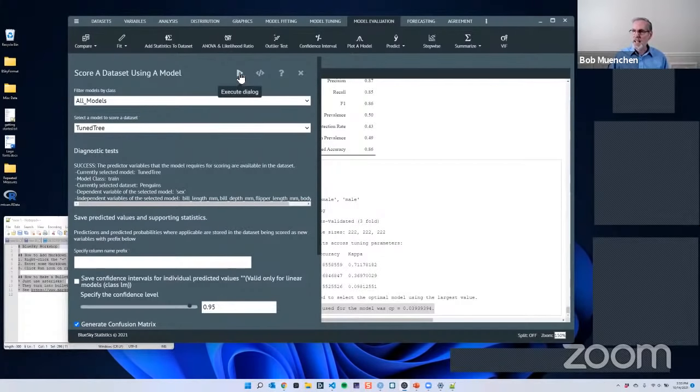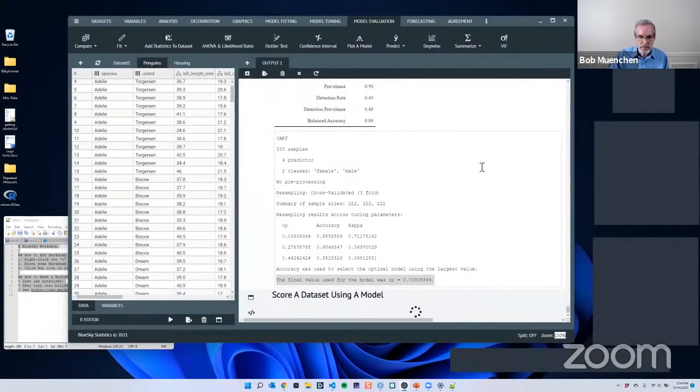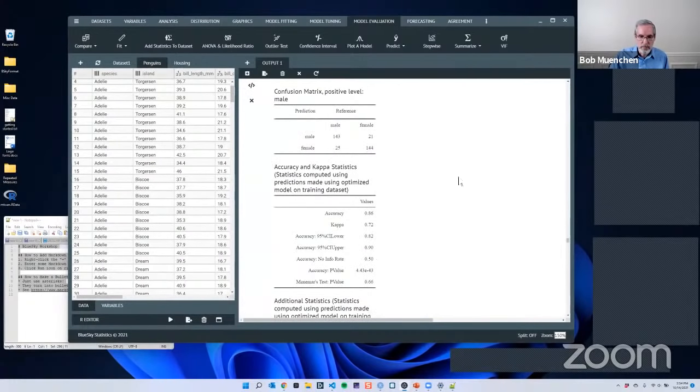It's going to check that data set. Do you have all the variables that are needed to make that prediction? Oh, and it says, I need to specify a column name prefix. So that's because I could make multiple predictions. And so this prediction is the tuned tree, and I'll put an underscore in there. So prediction will be added on for me. So when I run that,